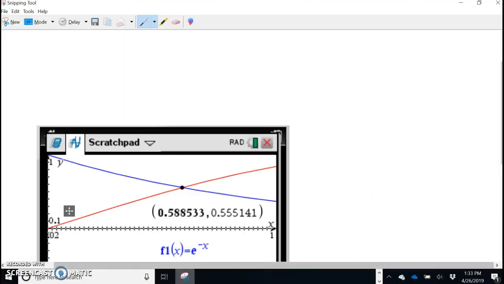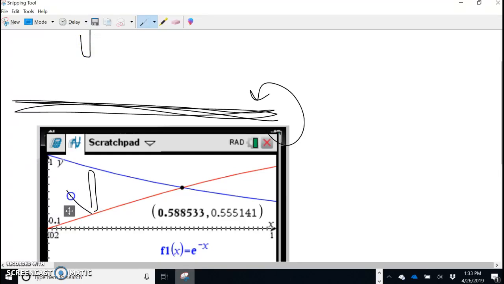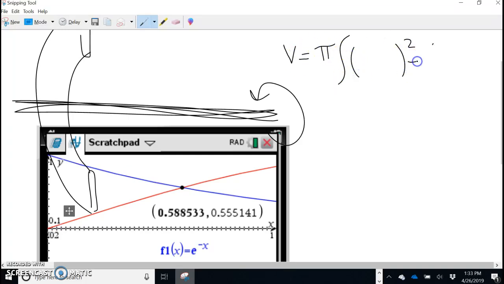Okay, and the last thing they asked me to do here is take this same region and this time spin around the line y equals 2. So that's the line way up here. I'm going to take this region and spin it around that line. So this disk, this washer that I had kind of translates way up here. So what's interesting is that the setup is the same. I'm going to have pi times the integral of some outer radius squared minus some inner radius squared with respect to x,